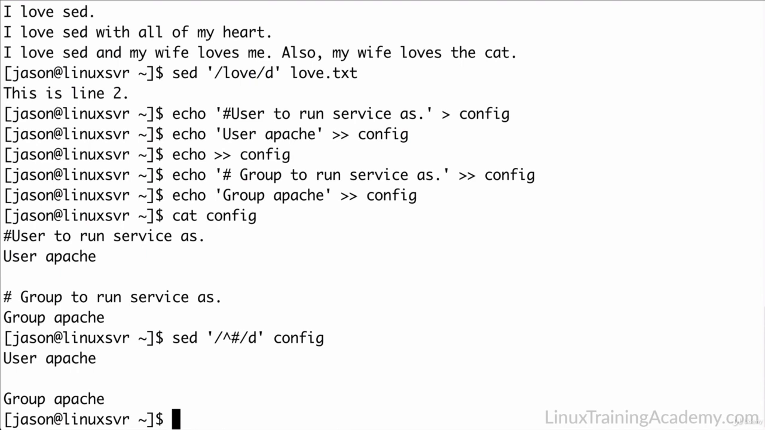Remember that the search pattern is actually a regular expression. In regular expressions, the caret symbol matches the beginning of a line. It matches a position and not a character. So if we want to match all the lines that start with a pound sign, we use caret pound sign. This makes